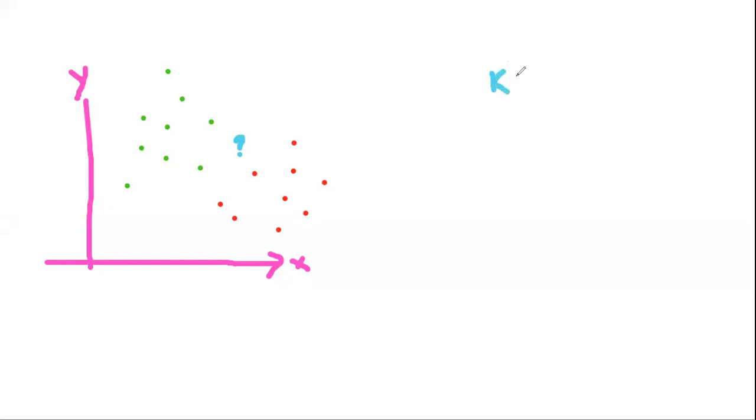For suppose you say k value equals 5. Sorry, initially I'm taking k value as 3 only. After taking this k value, what we need to do is find the nearest points to this point. Let us assume this is a very close point, this is the second closest point, and this is the third nearest point. So these are the three closest points to this new data point.